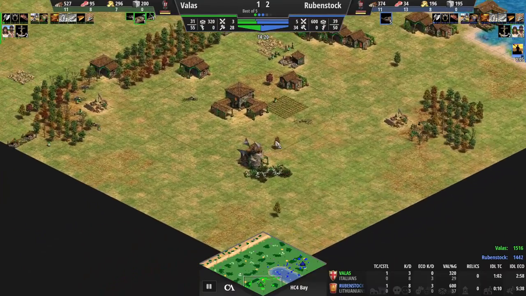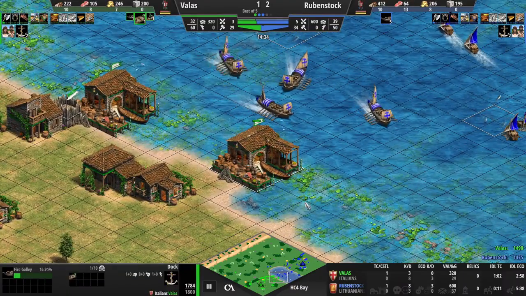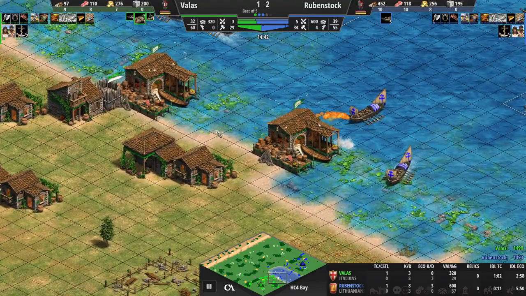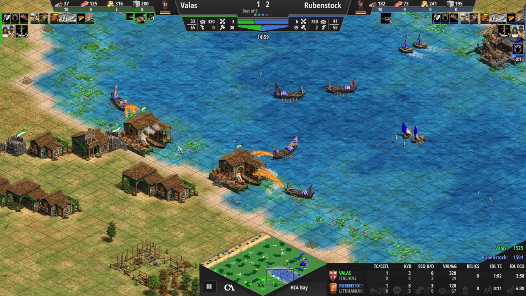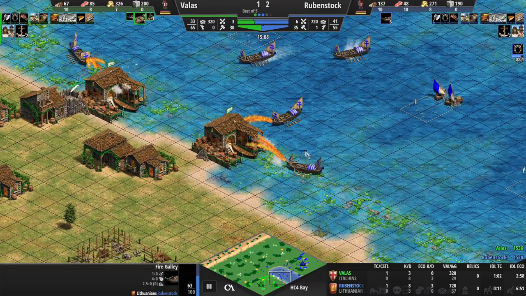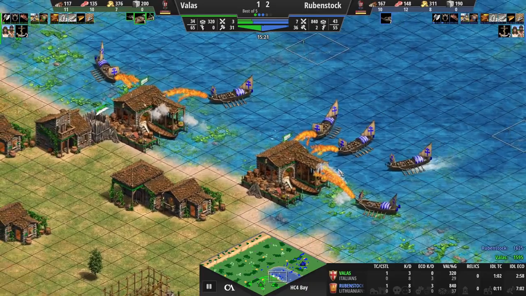And it seems Valas might be limiting his losses now by focusing solely on land, or he might also do another warship push to gain back the control over the water, which he will indeed be doing by garrisoning some more fire galleys in his docks, which are under attack from Rubenstock. Also very wisely making sure to keep his warships social distanced, so they are not in danger of any sudden